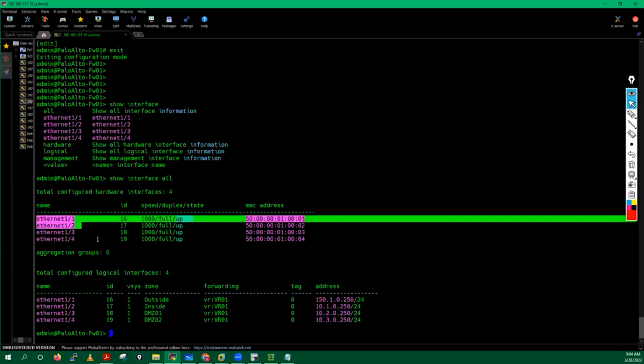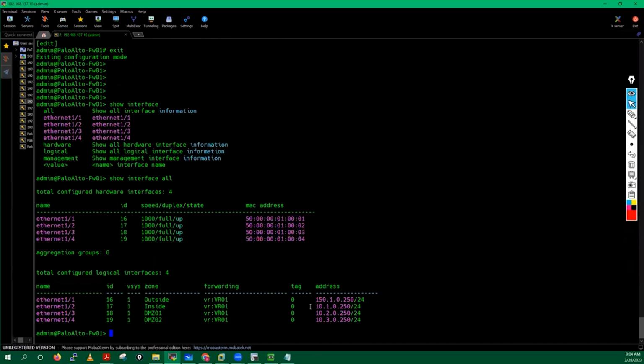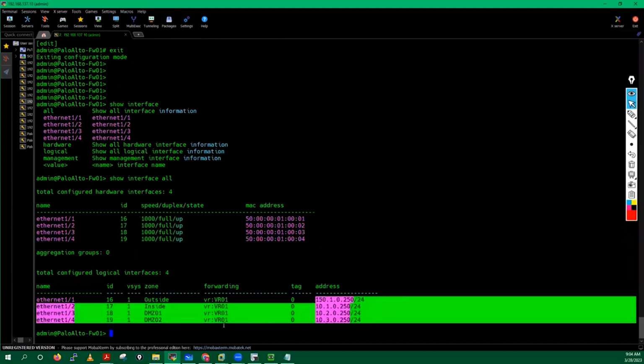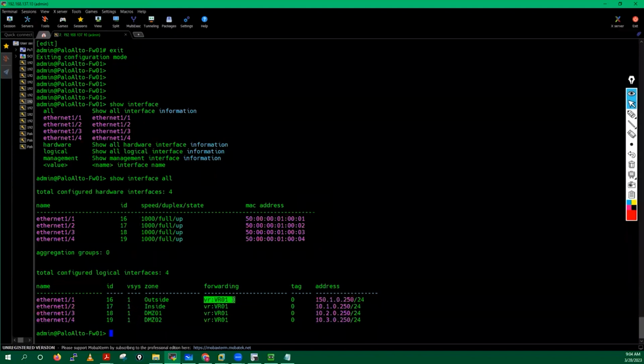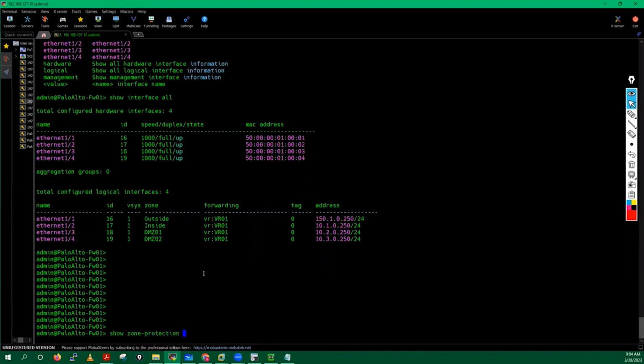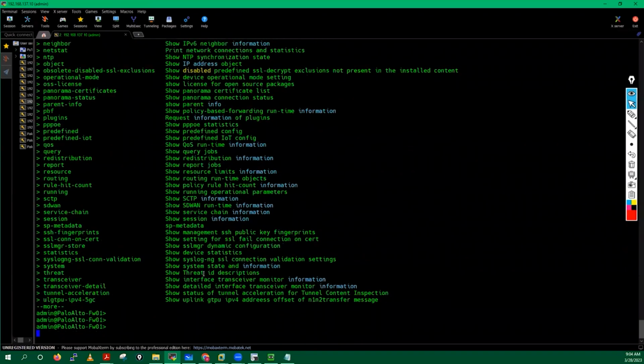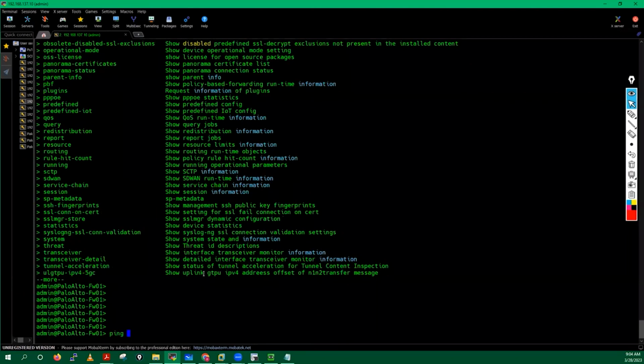These are your interfaces. These are the MAC addresses of your interfaces. These are the IP addresses on your interfaces. They are part of this virtual router and they are part of this particular zone. Okay. So zone, we don't have any command to directly check the zone details. Now you have to run this command like ping